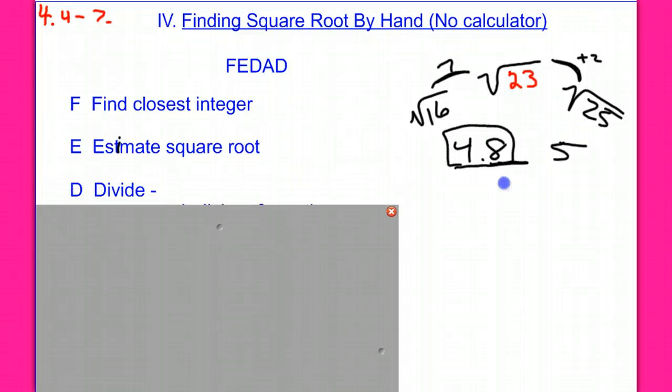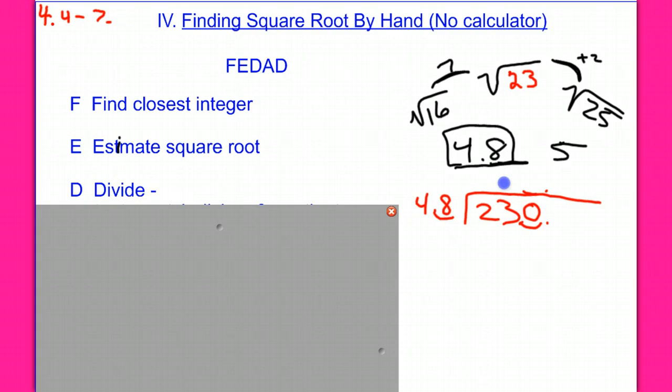We will divide. Okay? We're going to take the original number 23 and divide it by our estimate, which is 4.8. And when we do, we're looking for a match between the quotient and the divisor. So we're dividing by a decimal, so let's move the decimal over once, right? That decimal up in our number. And now 48 goes into 230, probably 4. Let's see what 48 times 4 is. 8 times 4 is 32. 4 times 4 is 16, plus 3 is 19,